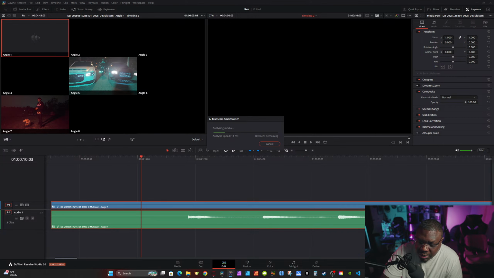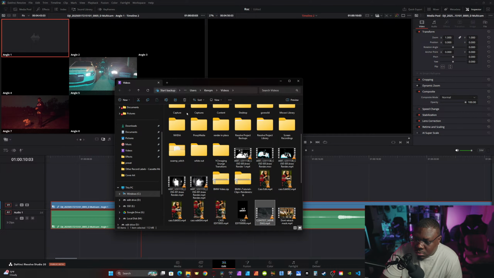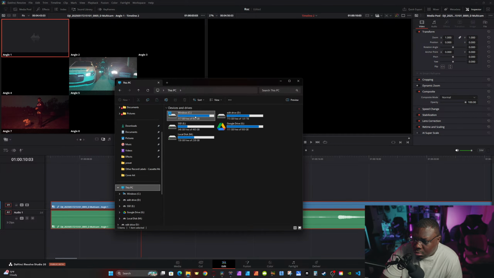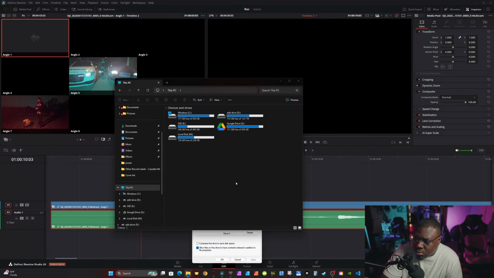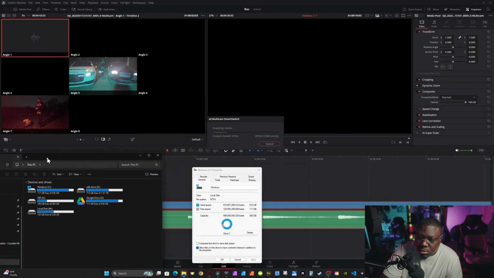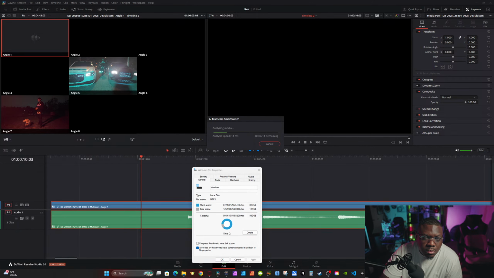My PC specs, I got a 13th gen i7 3.4 gigahertz processor.